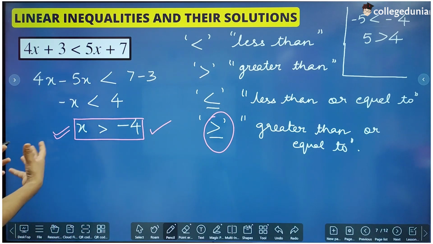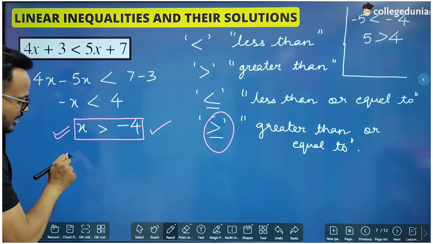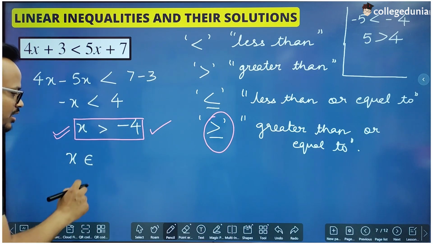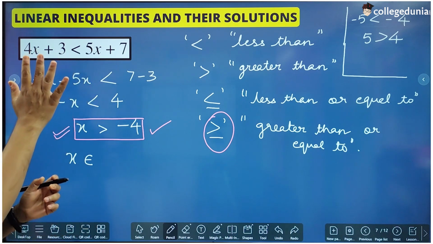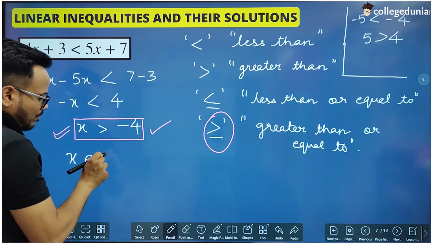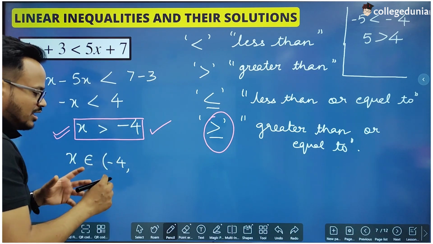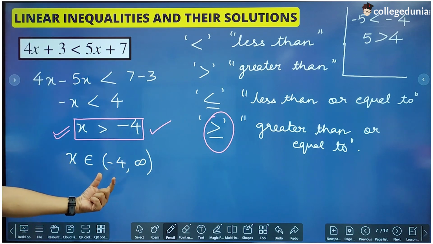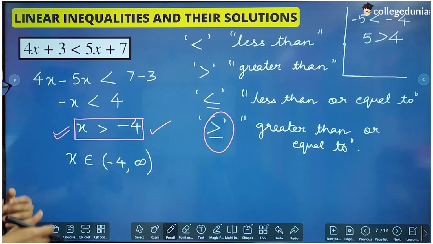You are simply writing that x is greater than -4, but there are other methods also. For example, you can write it like this: x belongs to, we will write an interval here. x greater than -4 means any number which is greater than -4 till infinity, right? So we will write an open bracket -4. Open bracket means the endpoints are not included. x belongs to this interval -4 comma infinity, which simply means that x can be any number from -4 to